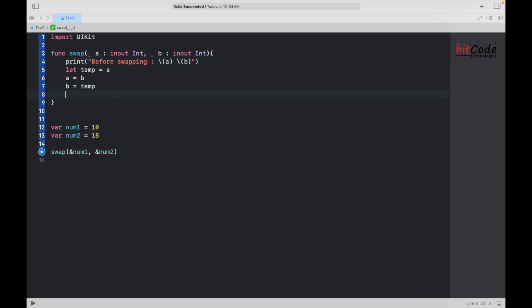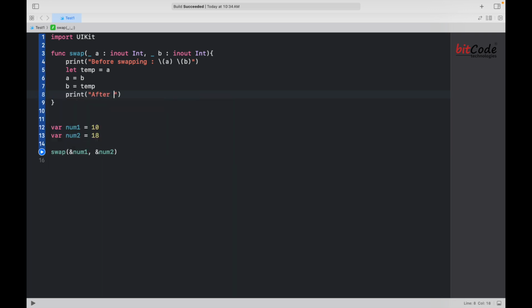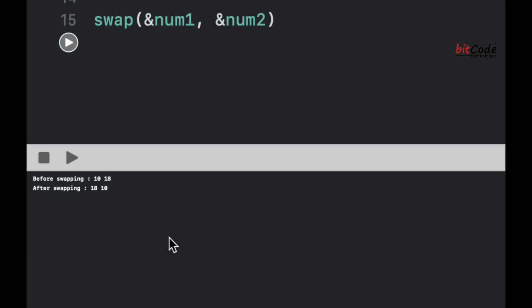And let's have a print statement to understand what are the values after swapping. Let's run the code and check. We can see that the values before swapping are 10 and 18, and the values after swapping are 18 and